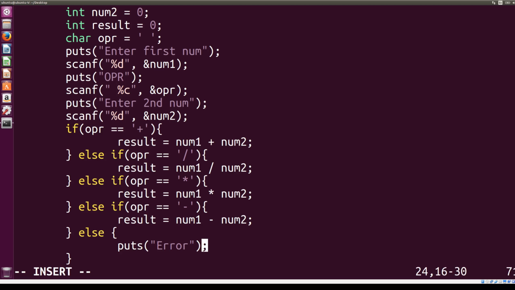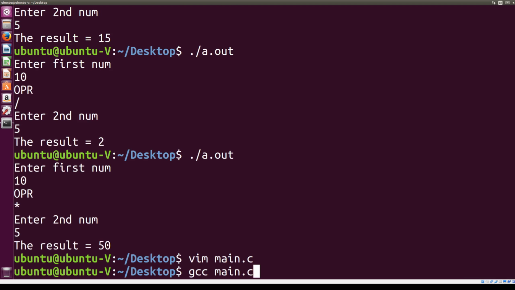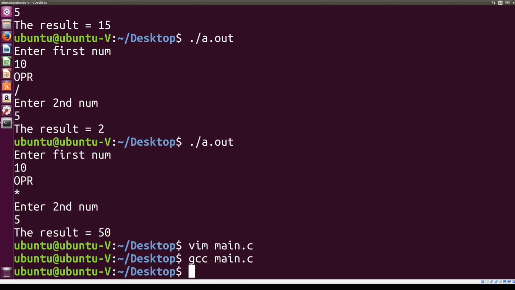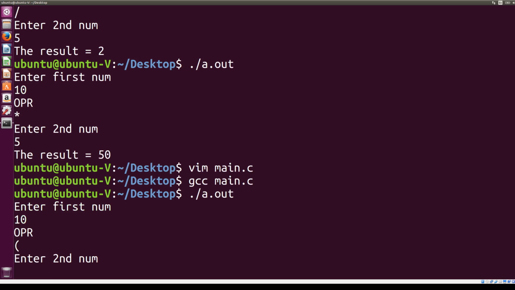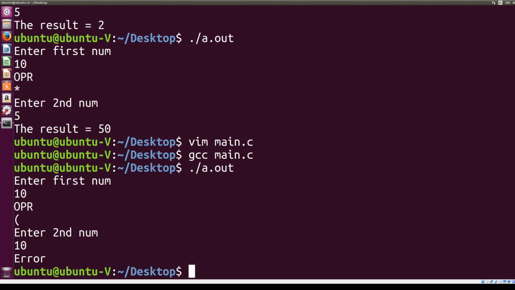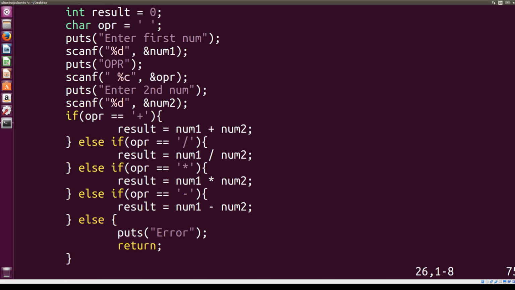Oh, okay, I forgot to return, because you don't want your program to continue running after there is an error. Okay, let's say 10, and then let's say bracket 10 error. Yeah, good. Okay, what about a while loop? I'm going to add a while loop, and a loop is something that's going to run until a certain condition happens. And in this case, I'm going to add a variable that asks the user if he wants to run the program again or not,